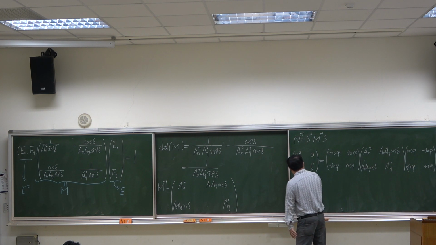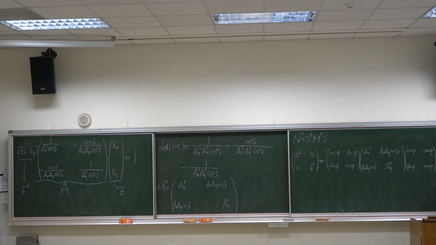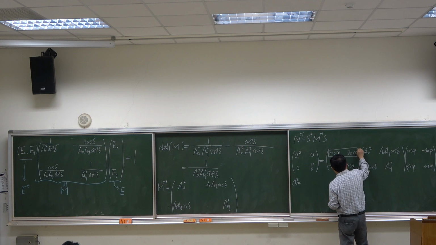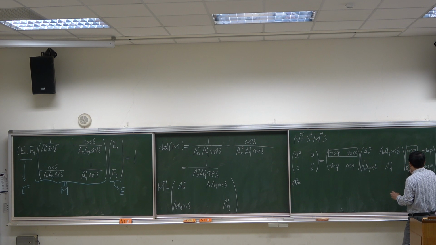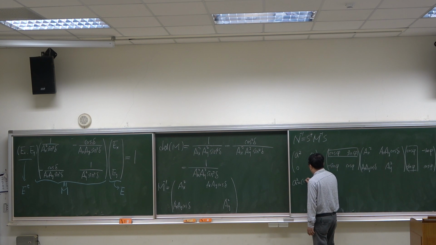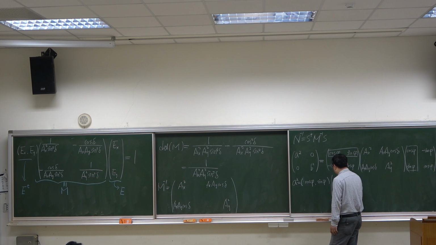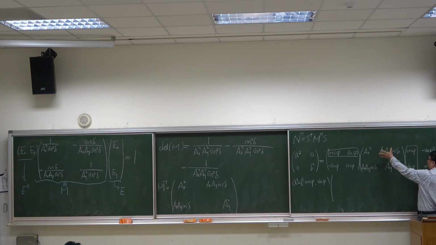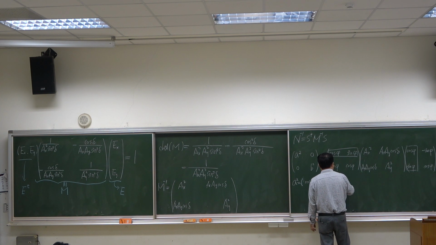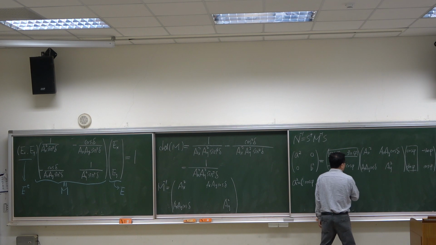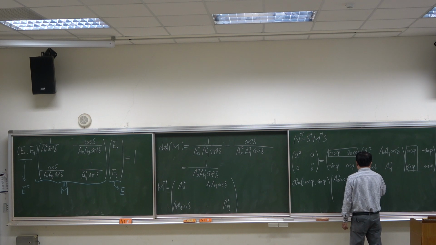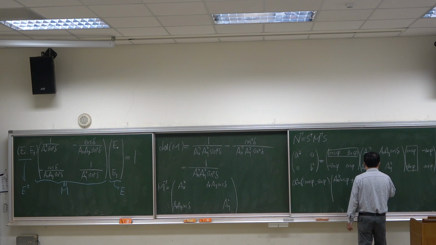So now we want to know the major axis and the minor axis, the length. So what is a squared? Okay, this is the first component of the product, so we take the first column times it, then times the first row. So this is equal to cosine phi sine phi times the first row, which is the matrix times this: Ax squared cosine phi plus Ax Ay sine phi cosine delta,